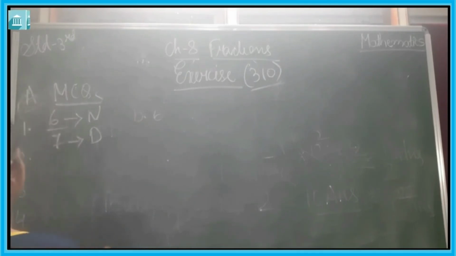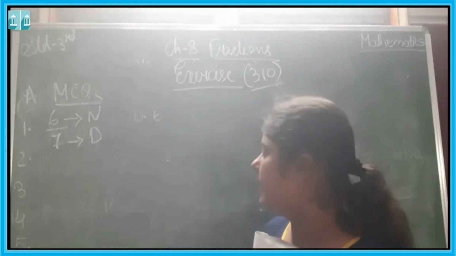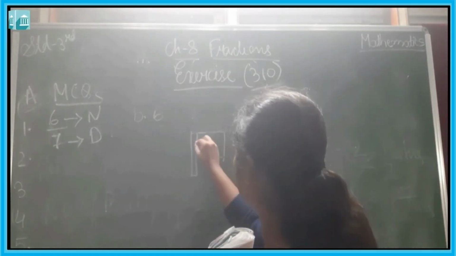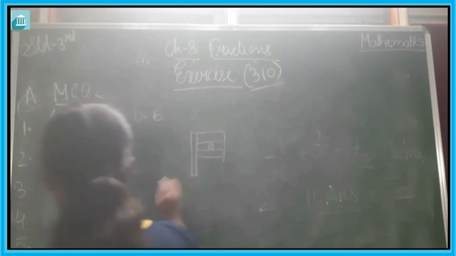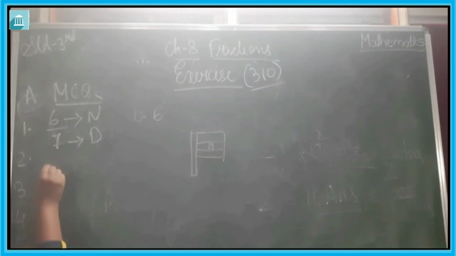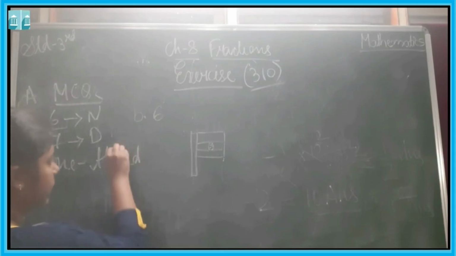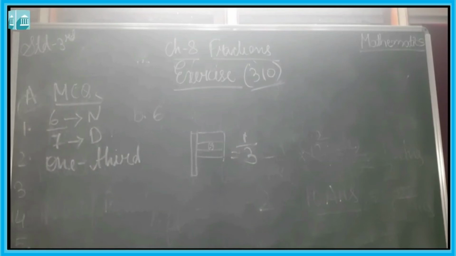Okay. Now, next one. What fraction of our national flag is orange? हमारे नेशनल फ्लैग में कितने फ्रैक्शन है जो ऑरेंज का है? तो 1 फ्रैक्शन. तो 1/3 मीन्स टोटल दिया हुआ है 1 fraction. Total is 3. We have 3 colors and the orange one is 1 color. So it is 1/3. Third option.